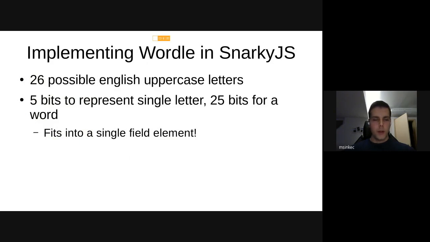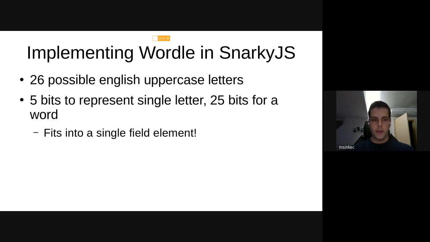So how do we implement Wordle with Snarky.js? First we need a way of embedding words. Because the English alphabet has 26 possible letters, we need 5 bits to represent each of them. So that's 25 bits for our words.